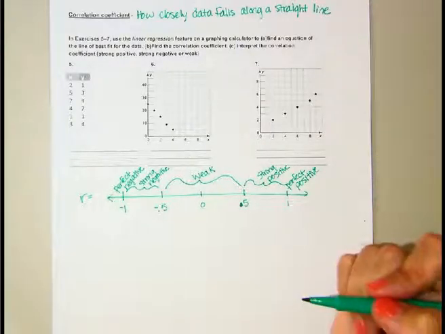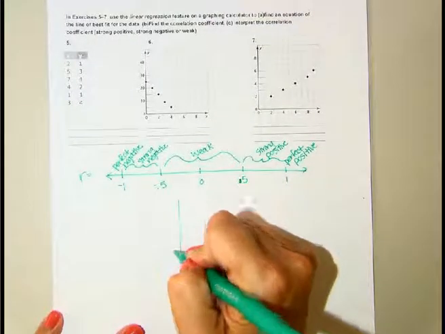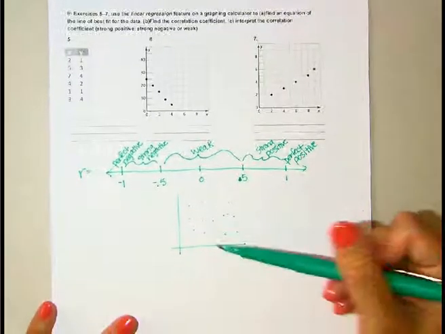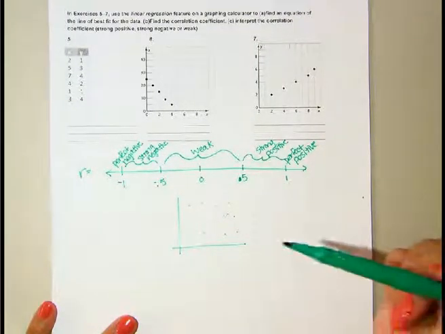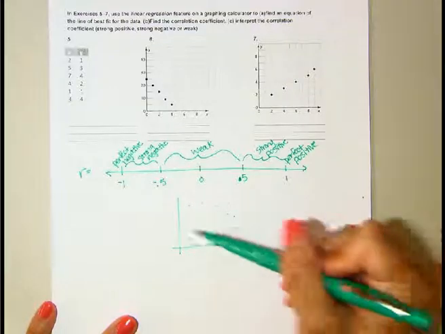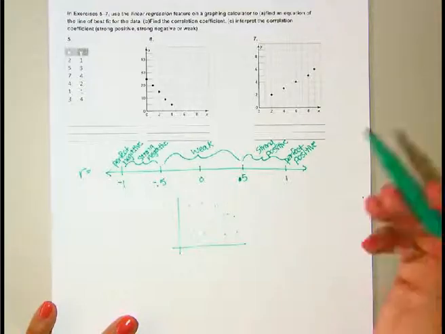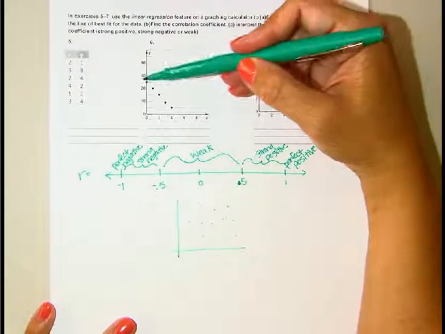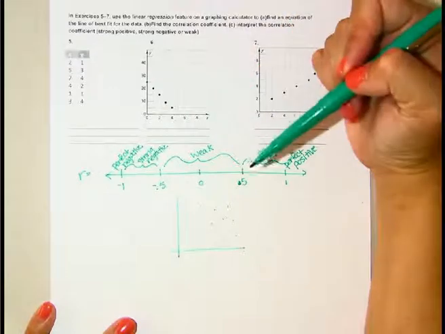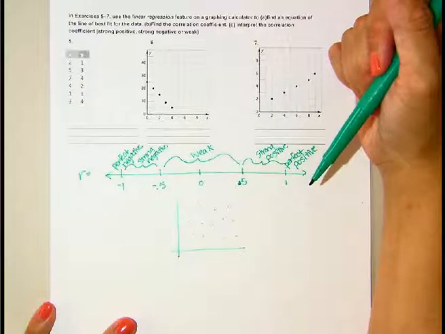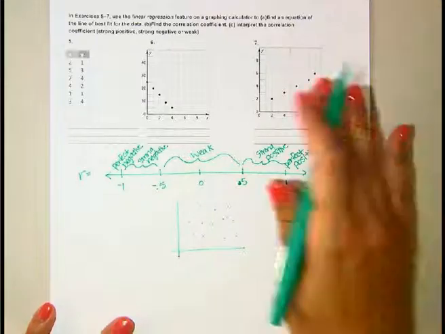So just as an example, if I have my data here and I just have all these points, if I were to plug those points in and do this linear regression, I can't form a straight line anywhere for this data. Okay, so this one would definitely be under category weak. Whereas this one, I can see it lines up pretty good, and it's going down, so it's going to have a pretty strong negative correlation coefficient. So let's use this part of our calculator